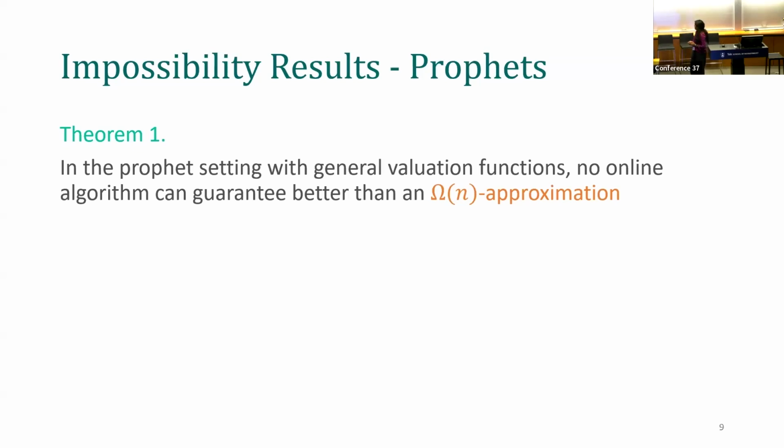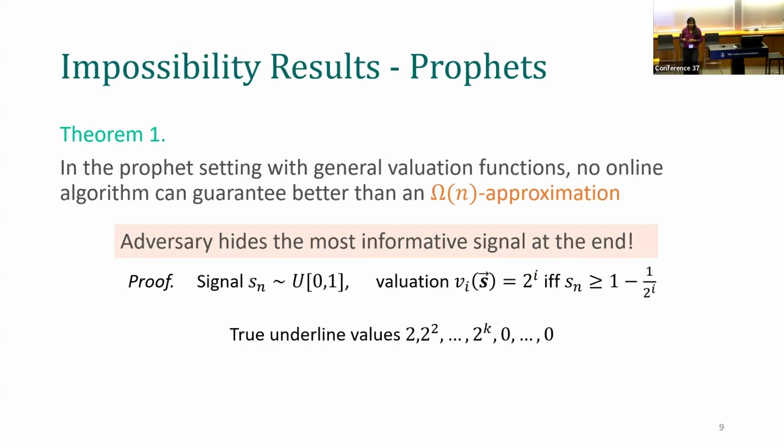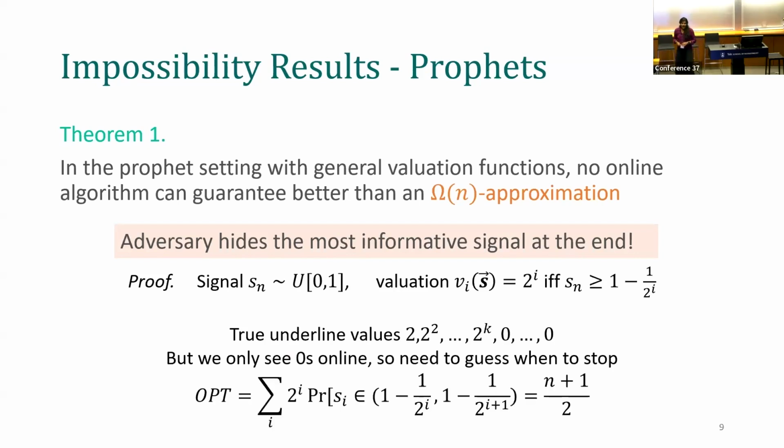So the main idea here is that the adversary who chooses the order can hide the most informative signal at the end. In our setting, only the signal of the last agent, Sn, is going to be of any use, and that's going to come from the interval [0,1]. I don't care about S1 through Sn minus 1. You can think of them as 0 or anything you want. So the valuation function of each agent i